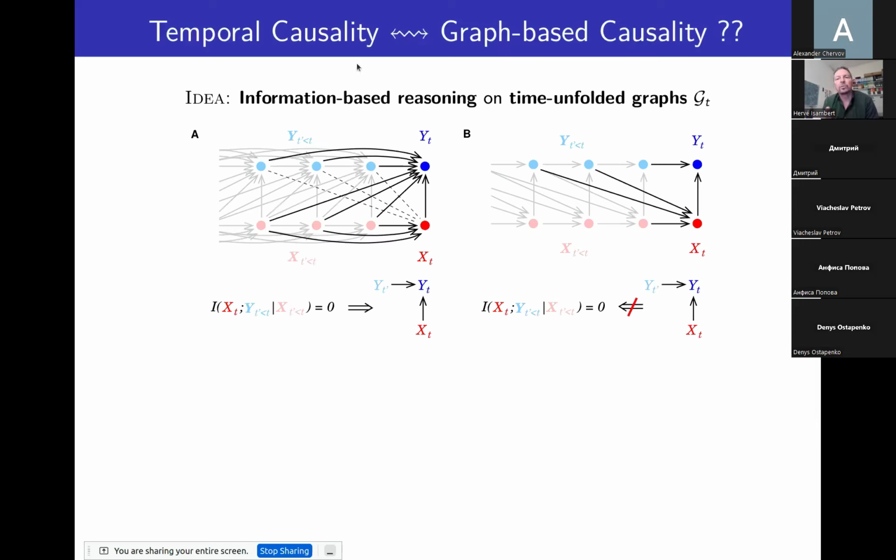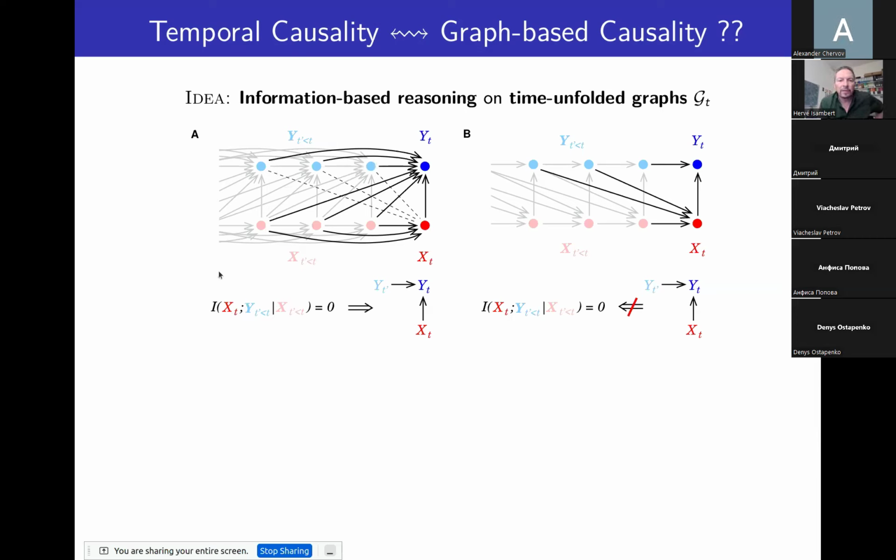imply the other. And to show this, the idea is to reason on some kind of time-unfolded graph. So now, in the previous graph, we have different nodes for past times, t prime, of each variable: UI at t, t minus 1, t minus 2, and so on. Same for X. And so we can try to learn this time-unfolded graph using our early approach. And then what we can conclude is that in order to have a vanishing transfer entropy, or conditional mutual information, it means that this dotted edge, between X, this variable here, and the past value of UI, the light blue,